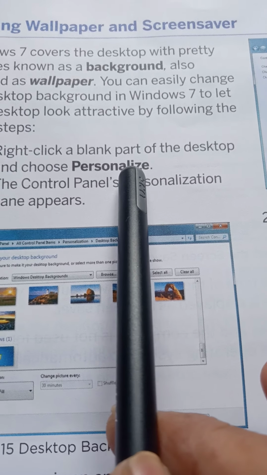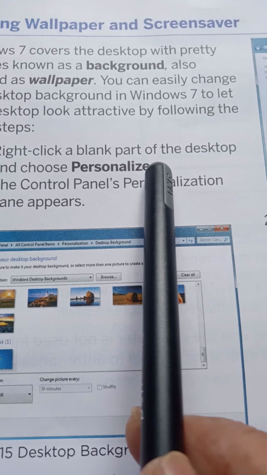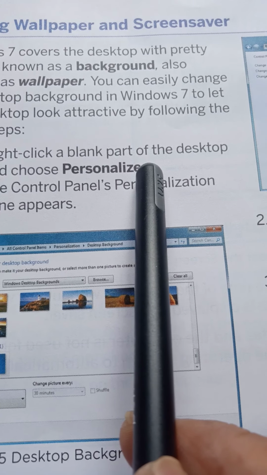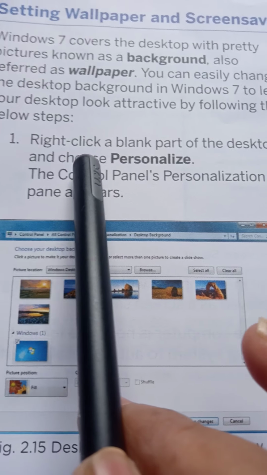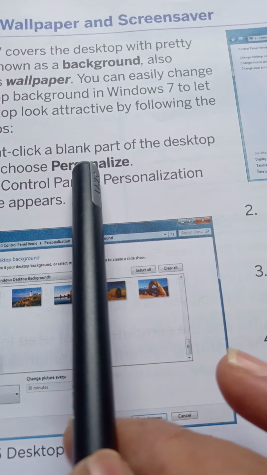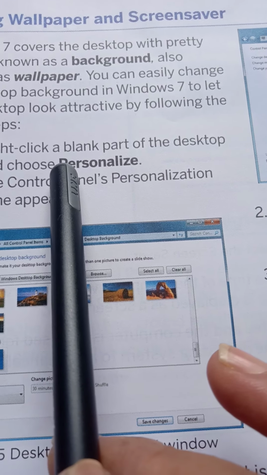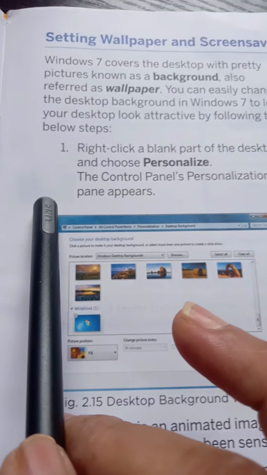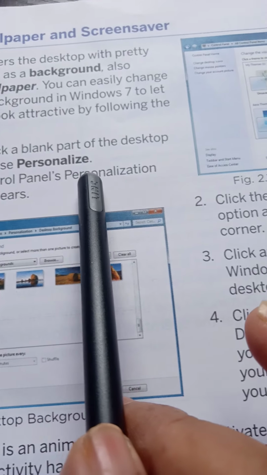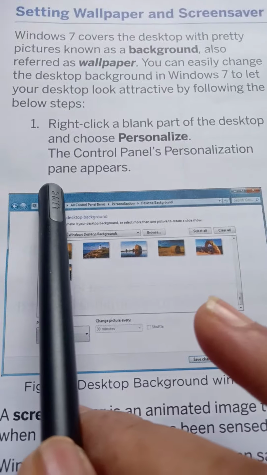When you are on a blank part of the computer, you click the right button of the mouse, then you see a box open. It is Personalize.